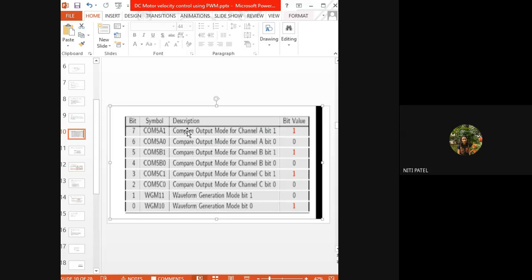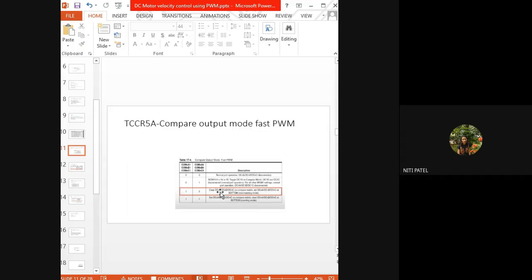ओके यहाँ पे सब कंपैरिजन का काम होगा, उसने कितना काउंट लिया, कितना स्टेप्स लिया, कितना पावर जनरेट किया, कितना स्पीड जनरेट किया. All this will be calculated by these channels. Once it is calculated, based on those bits value, your waveform will be generated. Which waveform? Your PWM waveform. So if the waveform is generated, the bit will be set to either 0 or 1, depending upon which is the symbol selected. Okay, whether it is WGM11 selected or WGM10 selected.